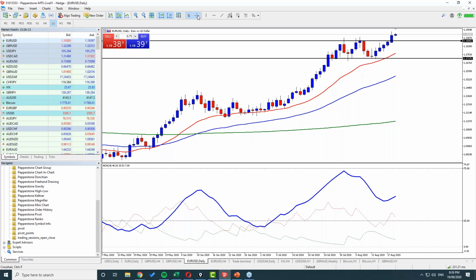Imagine if you're in the trade here, you're buying this euro long, and this is a 5-minute or 15-minute or whatever time frame, and you're seeing that ADX continuously going up at the same time as price is going up. It's just that extra confirmation that momentum is still in your favor.